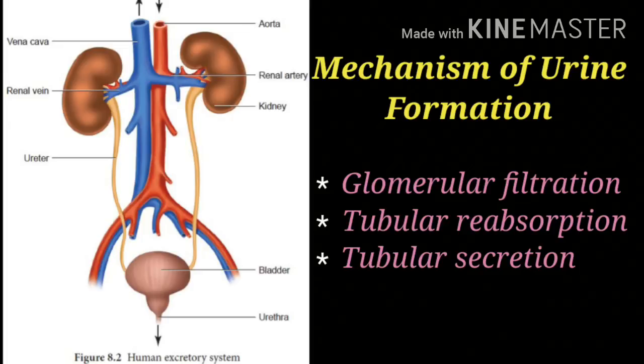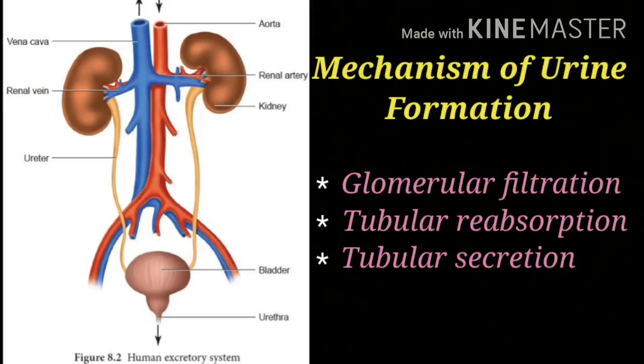Tubular reabsorption, what happens? It absorbs essential substances, isn't it? What are they? Glucose, amino acids, vitamins, sodium, potassium, bicarbonates and water. Again it is reabsorbed. That is called selective reabsorption. Next, tubular secretion. Substances such as H plus and K plus ions are secreted into the tubule. This tubular filtrate is known as urine. So a healthy person excretes how many liters of urine per day? 1 to 2 liters. What is micturition? When the urinary bladder is full, the urine is expelled out through the urethra. This process is called micturition.